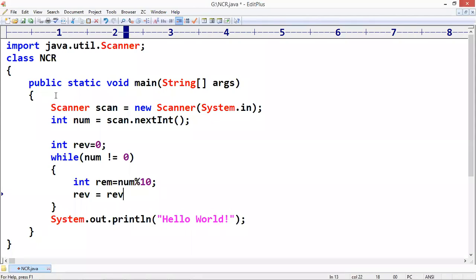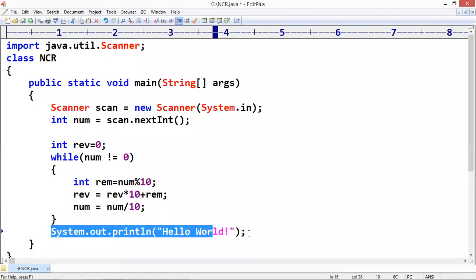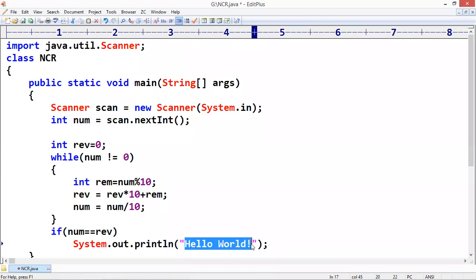Reverse equals reverse into 10 plus remainder. And simply number equals number by 10. When you come outside, if that number and reverse both are equal, then only we can call it a palindrome.